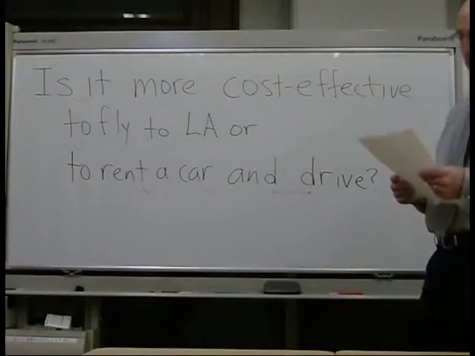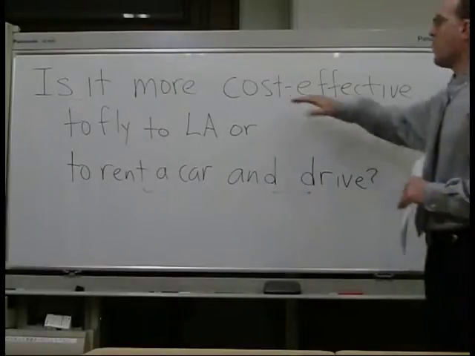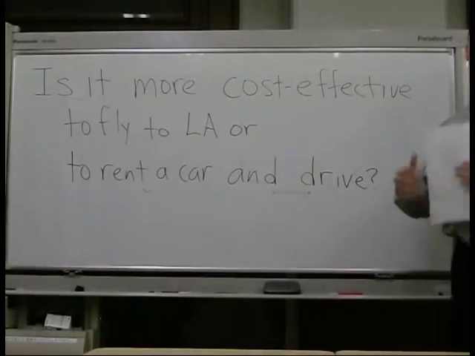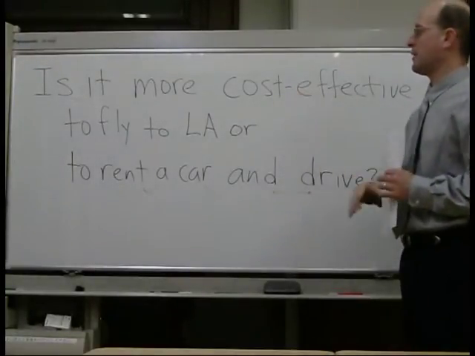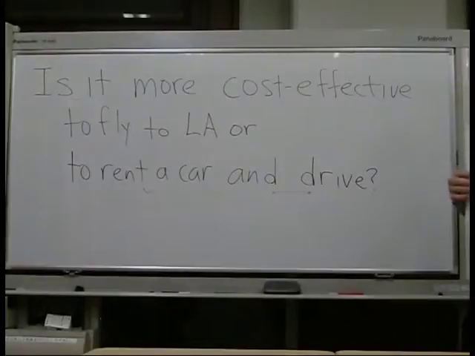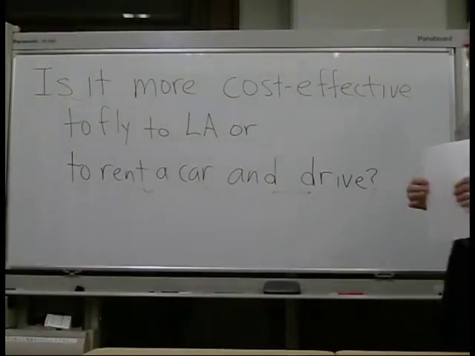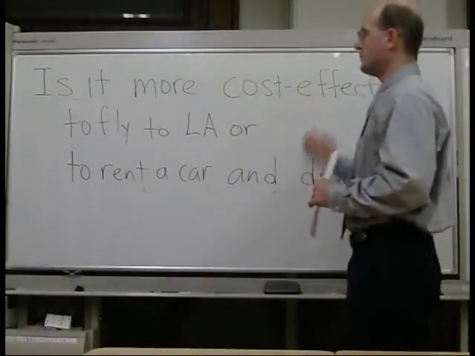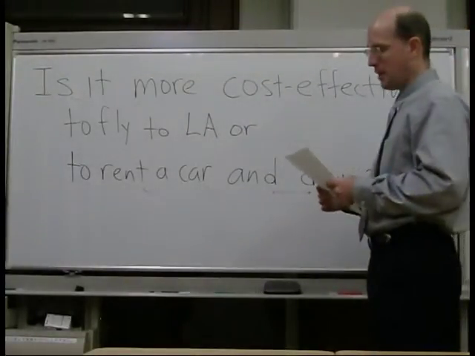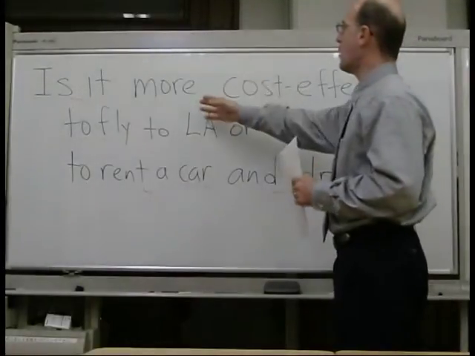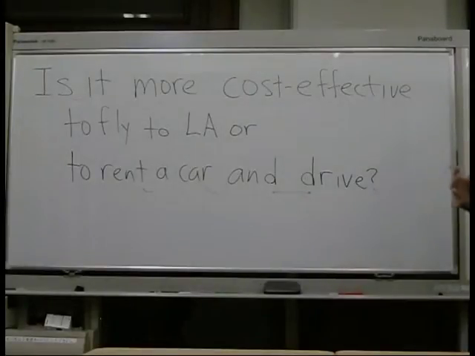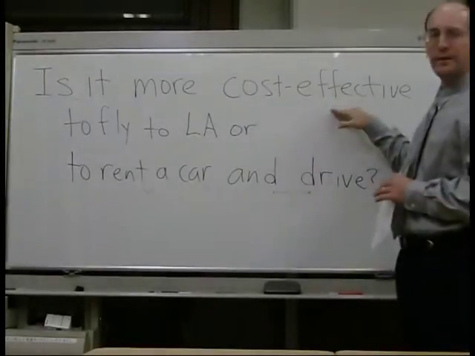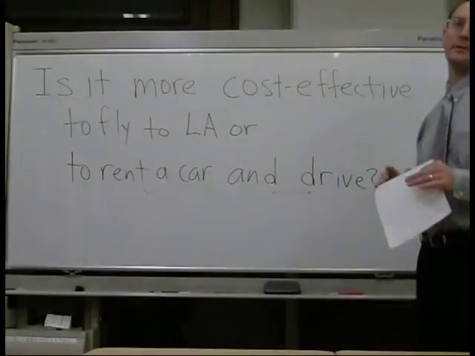Wow. All right, let's slow down and look at the parts here. Number one, cost effective. We have to get that as a vocabulary word, cost effective. Notice the hyphen or the dash. We're putting these two words together. Cost effective means effective in terms of money, that it's low price. So we can say, is it cheaper to fly? Is it more economical to fly? That would also be okay. That's what we're talking about here, the price. So if it is cost effective, it has a low price.